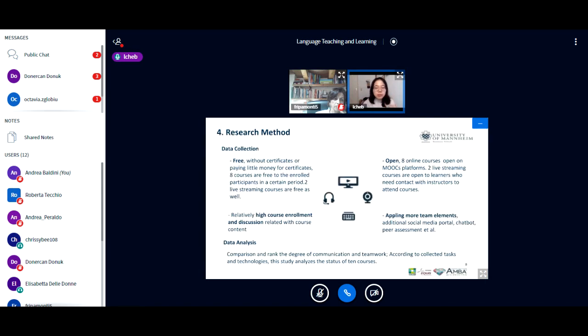Then section 4 is about the research method. We collect the data based on four criteria: first, free, or paying little money; second, open, so students can attend the courses as they want; and third, relatively high course enrollment and discussion for applying more team elements. Then we analyze the data, compiling and ranking the degree of communication and teamwork as strong,